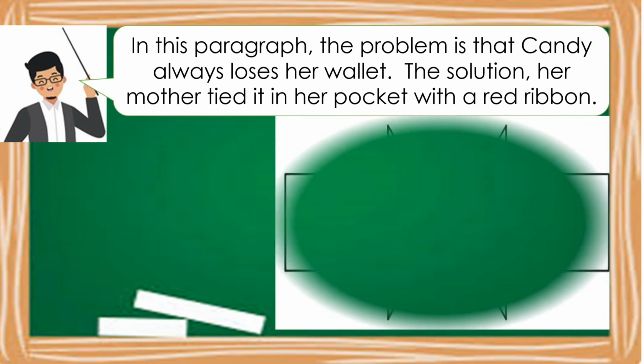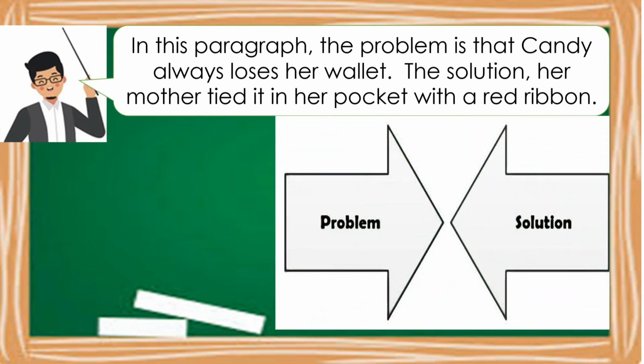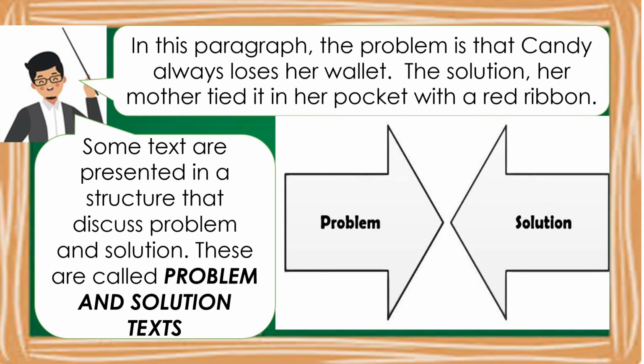Now, let us take a look at this picture. Some texts are presented in a structure that discuss problem and solution. These are called problem and solution texts. Now, for text type B,